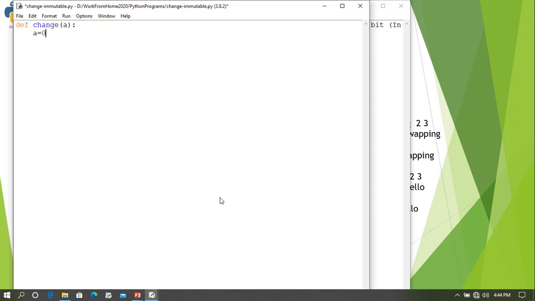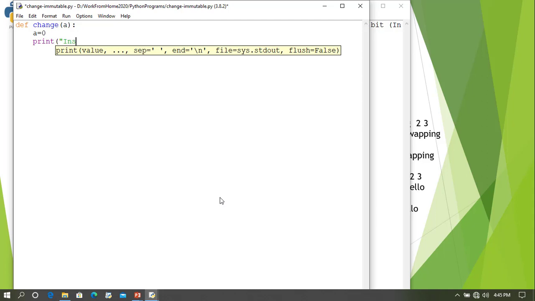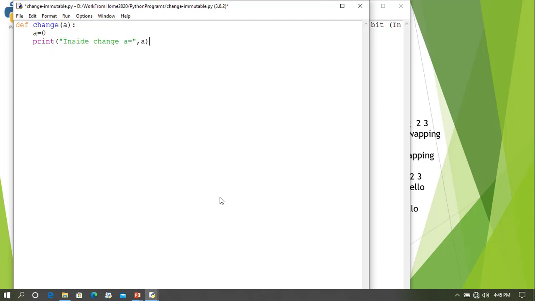Whatever may be its value, let us try to change it to 0 and print the value inside the function. That's all. We will not have much.